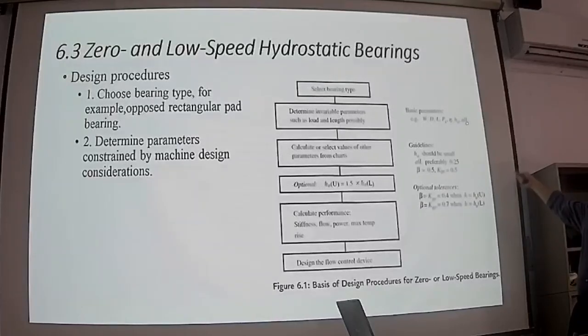So this one we talked about in our textbook is a quarter, 0.25 for your bearing length width ratio. Okay, so bearing length width ratio. And the design film thickness